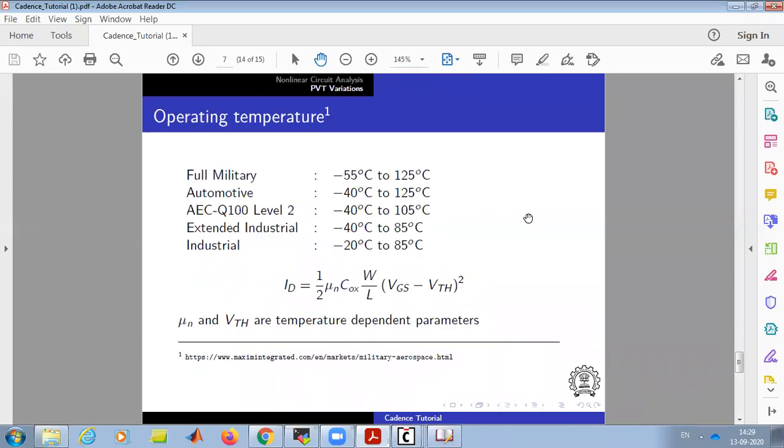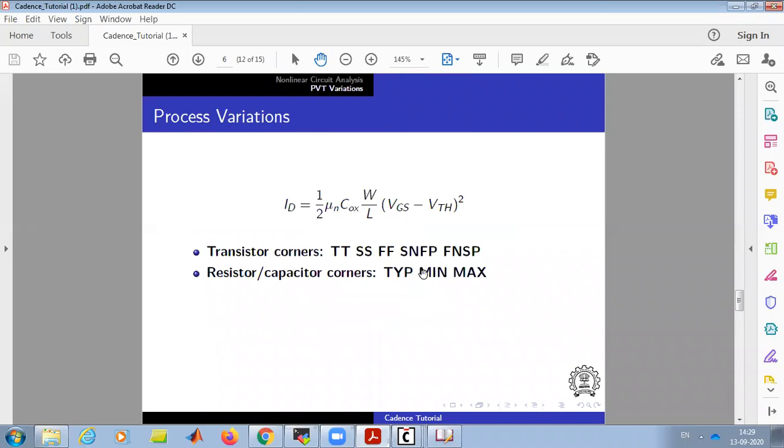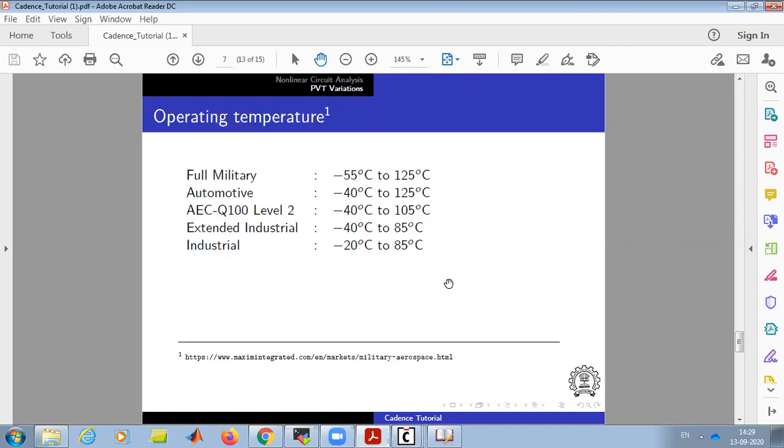So whatever circuit we design, we need to take care of all these: process, voltage and temperature. If you see the combinations, with a single resistor and corner you will have 5 process variations and 3 voltages, so 15 cases, times 3 temperatures, 45. There will be hundreds of simulations you need to do, so you cannot sit and just tweak it 100 times. There is one provision in Virtuoso which we'll use, and we'll see how to do all this process corner simulation.